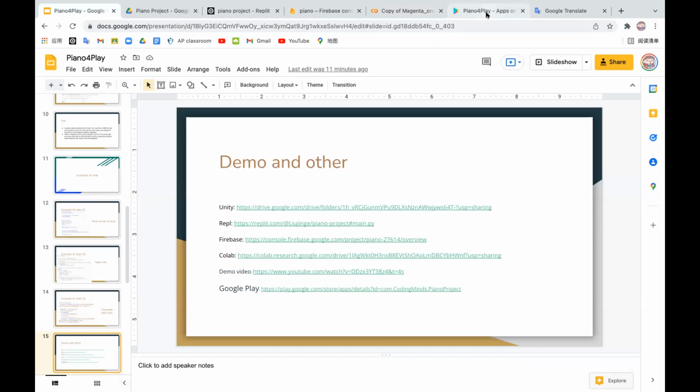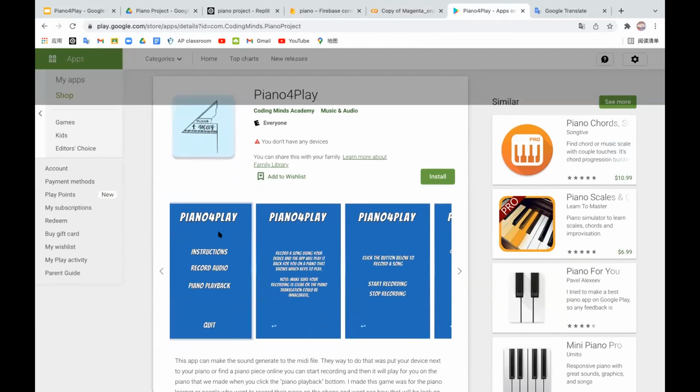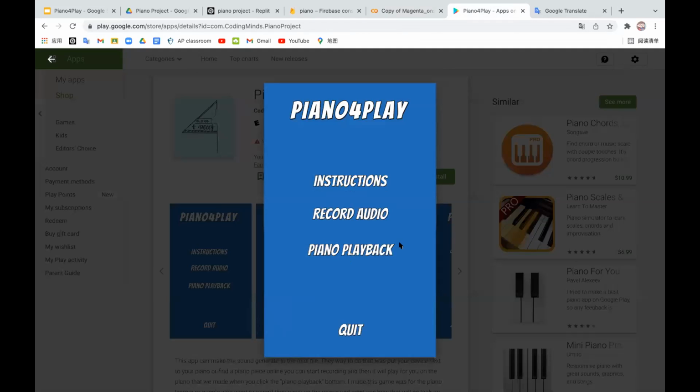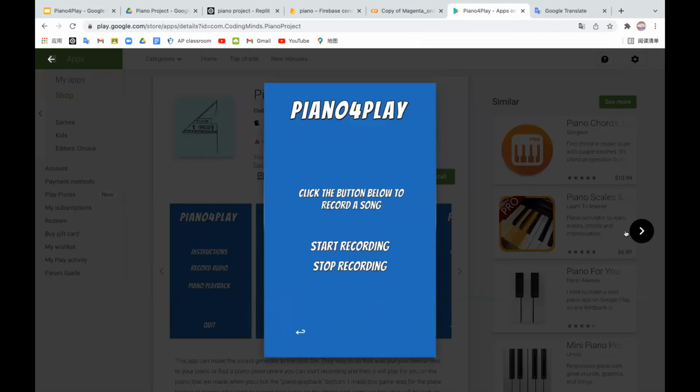I will not show that demo video, but I will show this. It's on Google Play. It's my app right there. And this is when we open the app. It will look like this, and we have the screen like this. When you click the instruction, it will tell what it will do, and then